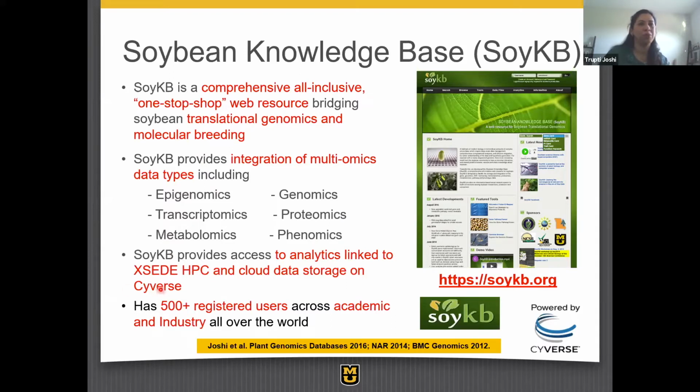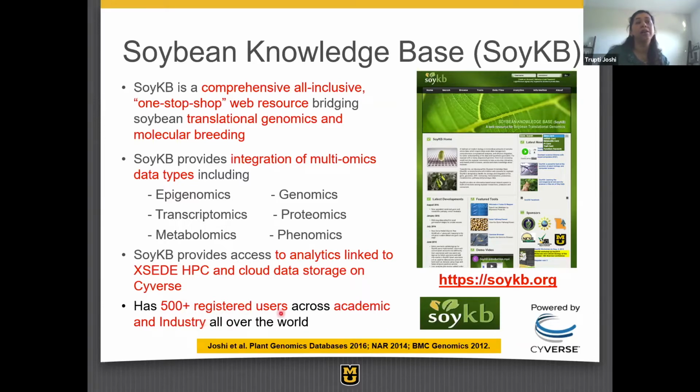iPlant. And so you may be familiar with one or the other name. And so we were able to link it back for computation or staging our data and pulling information, which is beyond like a database. It's a publicly available resource at soykb.org. It's very widely published, and so you'll find information as mentioned in these papers.